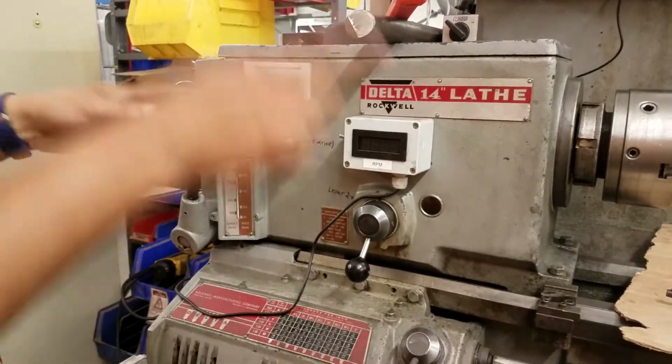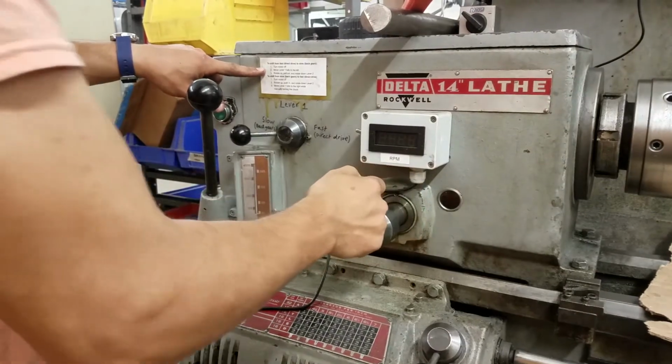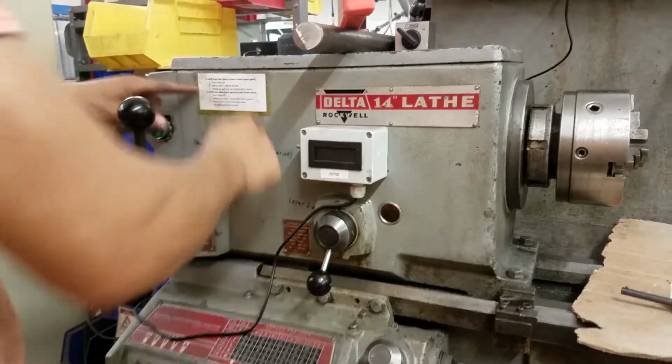And then just to show you the reverse, if you want to go to slow, motor off, check, lever 1 fully to the left, rotate up, pull out, and down lever 2. Now we're in slow. Alright, so here, back in fast,